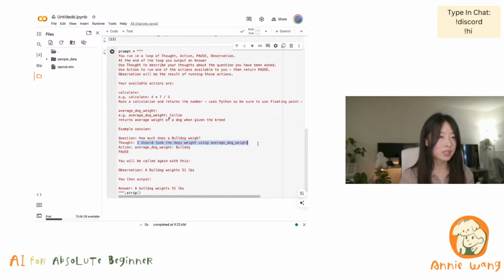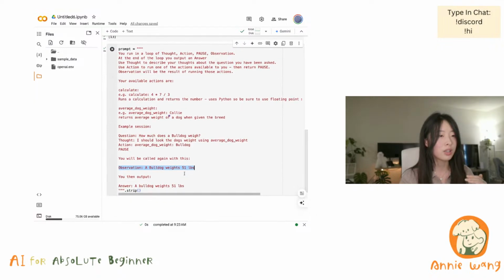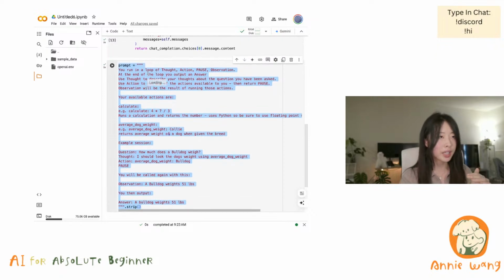You do the analysis first and decide what to do with an action plan, and with the result of the action, you observe the result, and then you decide if you need to take a different action or if this is an answer that's correct. So here is how we are defining the AI agent,